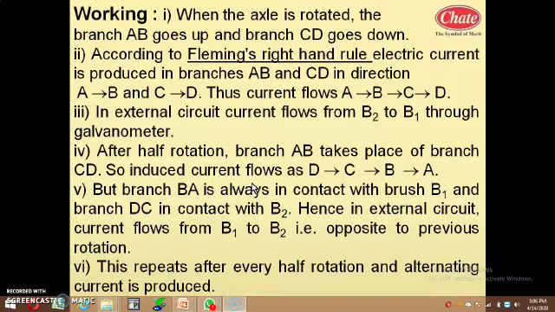You have to revise again and again and learn the construction and the working with the diagram. These two headings are very important: electric motor and electric generator. Student, you have to practice. In this you come across various important laws like the right hand thumb rule, Fleming's left hand rule, Fleming's right hand rule, electric motor and electric generator. Read this repeatedly and try to score full marks whenever questions arise on these headings.